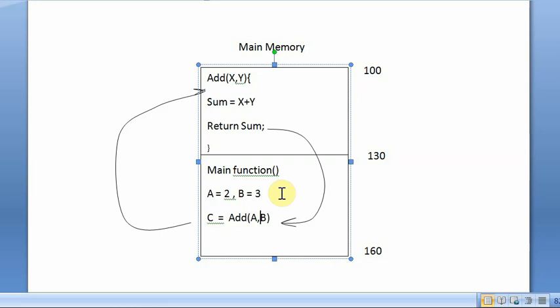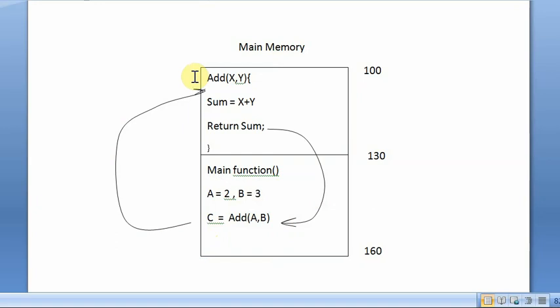Then we pass these two variables to the function add, so main will stop its execution here and assign the control to this function add.